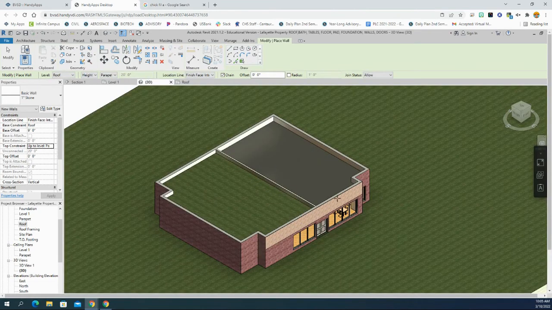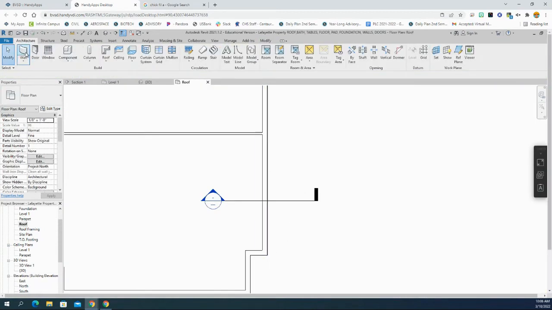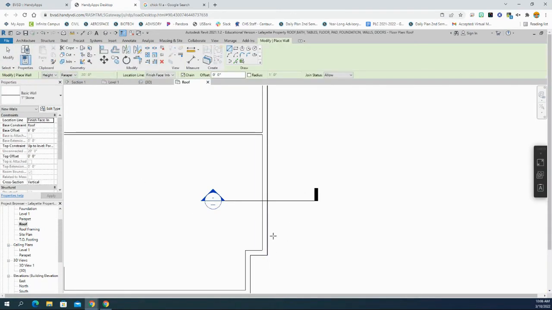There we go. Now, in previous conversations that I've had with classes, we talked about how Lafayette code at least says you can't end a facade on an edge. You have to actually wrap it around the corner. So if I were going to do that, then I can go back into my roof view. I can go to my wall and it's still preset, and I can go to this corner and then I can